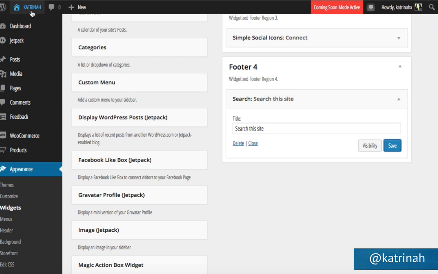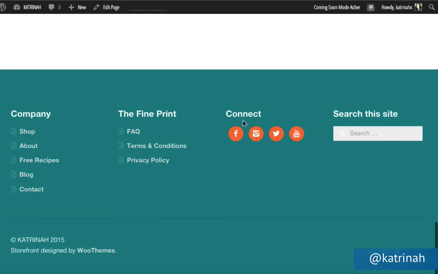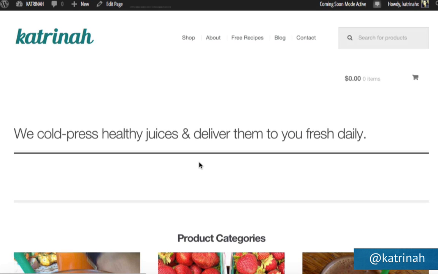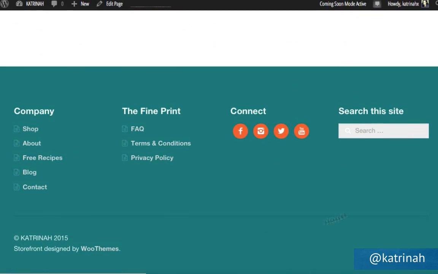Now when we go back to the home page by going up to the top and clicking on Visit Site, now when we scroll down to the bottom, now we see our footer section looking really nice with all of the different customized content within our footer section. So we can see in our homepage that our e-commerce website using the storefront theme is starting to come together really nicely. We have our tagline at the top as well as our products on our homepage, followed by our customized content here in the footer section.